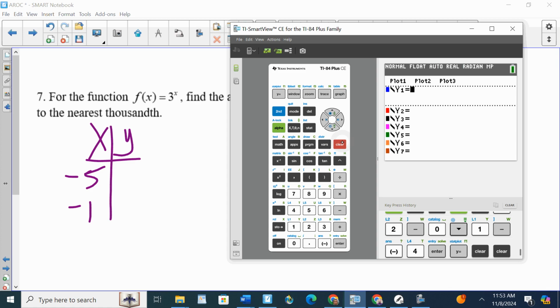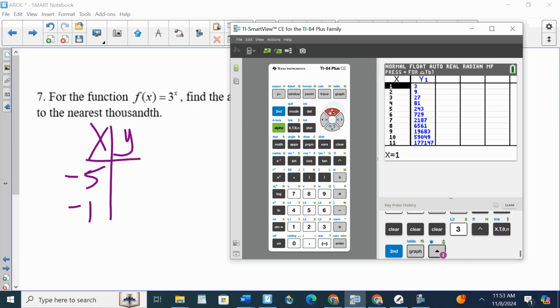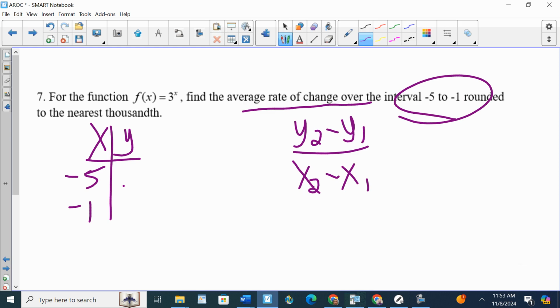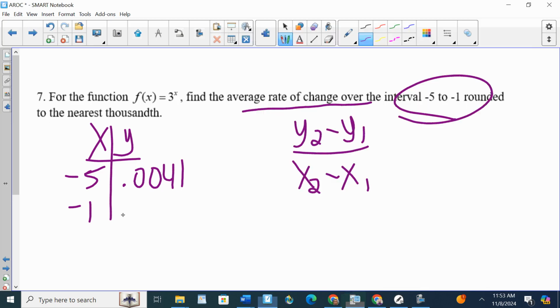If they give you an equation, go to y equals and type it in there: 3 to the power of x. Go to the table, look for negative 5 and negative 1. Negative 5 is 0.0041. Negative 1 is 0.3333. So again, if they give you an equation, just type it into y equals and get the table. And from there, bottom minus top,